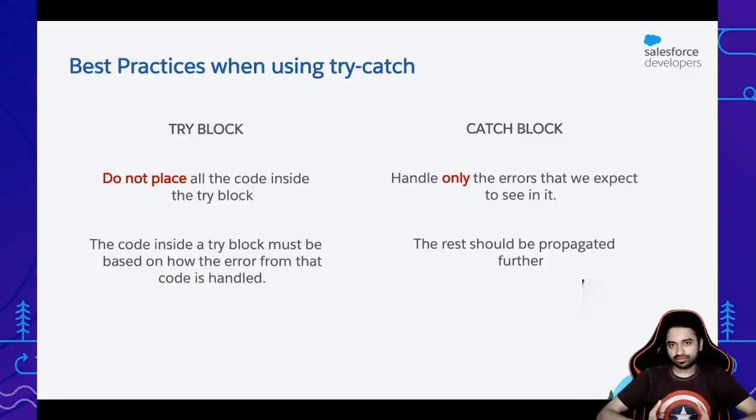And even within Apex, that is sort of the best practice that we recommend. When you put a try catch block, the catch block should not just say exception E. You actually need to specify multiple types of exceptions, let's say query exception, DML exception, and finally write exception, so that if one thing gets missed in all of these three, the final exception catch block is going to catch all of the errors. So it is a best practice out there. We rarely use it, but it is recommended that we use it. Now with LWC best practices, that is what we are trying to tell you. And we mentioned that rest of the errors should be propagated further.